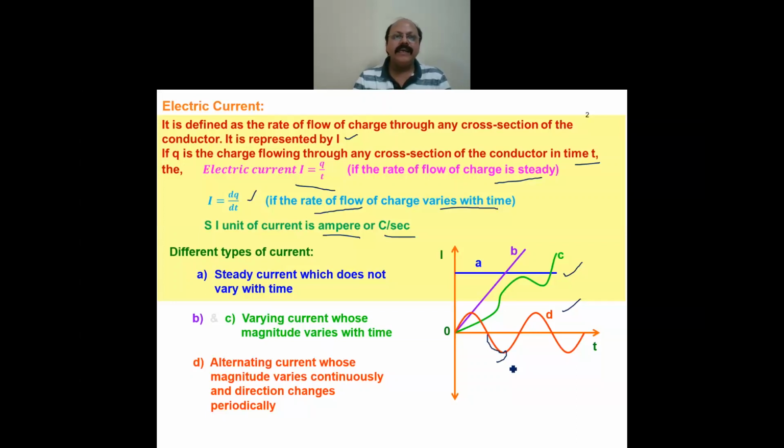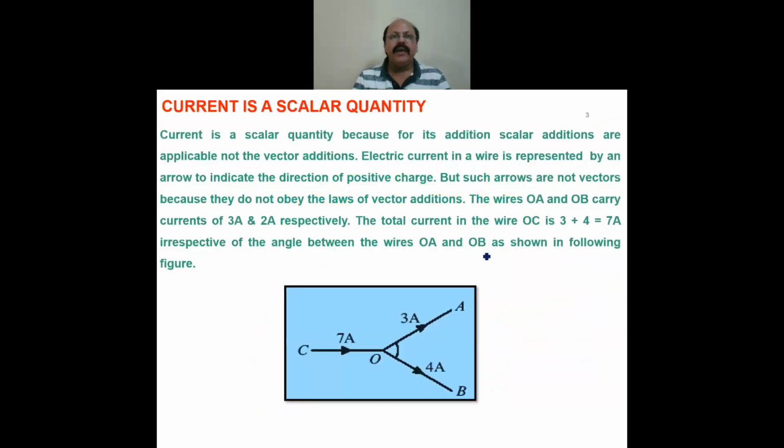Now you understand whether electric current is a scalar or a vector quantity. Electric current is a scalar quantity because for its addition, scalar addition is applicable, that is, vector addition is not applicable in this case. So the arrow representing electric current in a wire, as you can see in the diagram, only indicates the direction of positive charge, and these arrows do not represent a vector, because in case of current the laws of vector addition